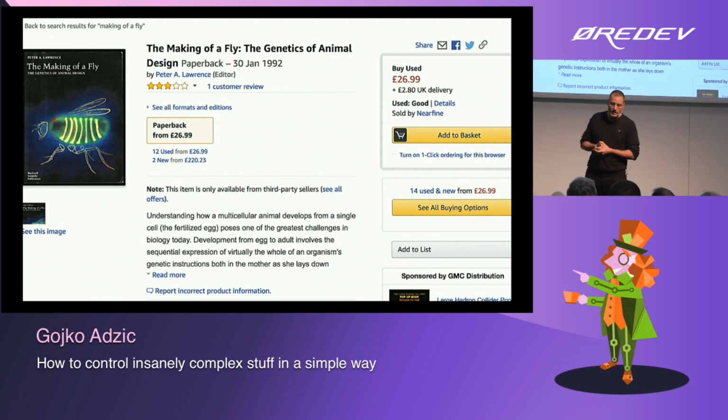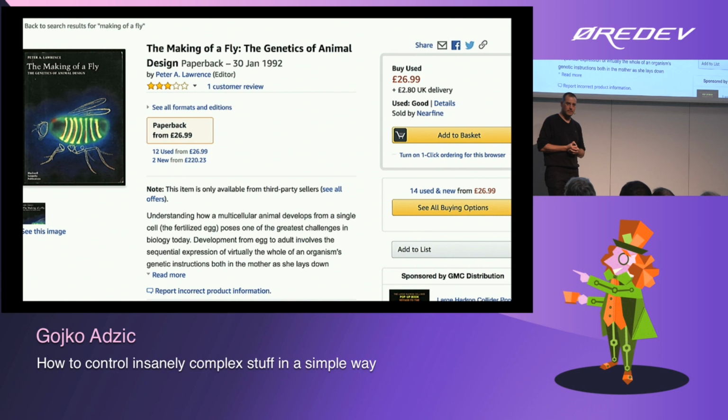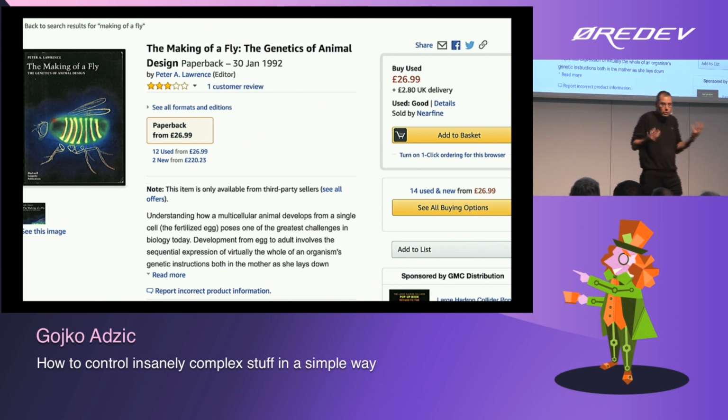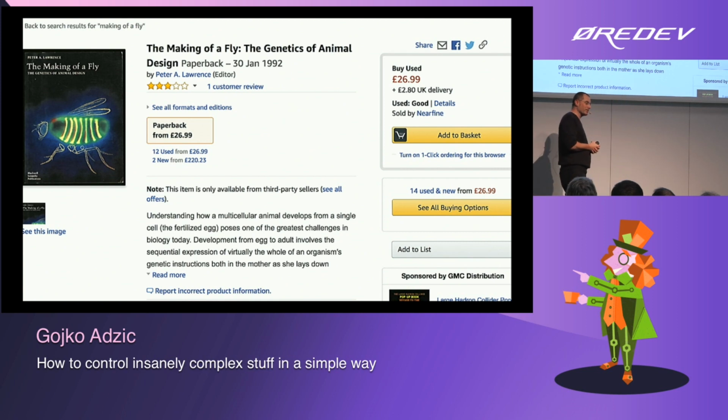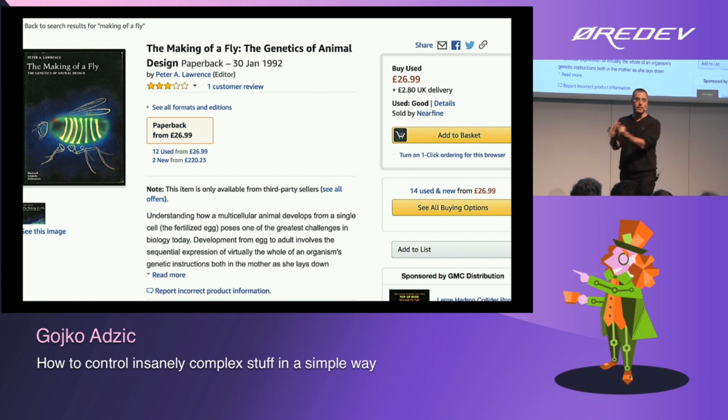And there were immediately a couple of groups of sellers there. There were sellers who had really rare books. And with a really rare book, you don't even know what the market price is. So you might try and price it high, you might price it low. You don't know if you're right or not. And this book was out of print by about 10 years by that point, so it was very rare. There was another group of sellers that would basically apply these algorithms in a really clever way. They would build up a reputation, and they would have lots of 5-star reviews. And then they would think that if somebody else is offering the book cheaper, but they don't have a good reputation, you would go and buy it from them.